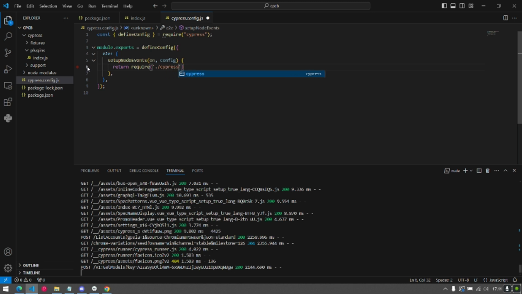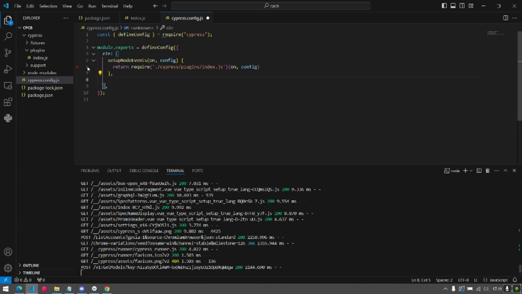I made the index.js before in plugins, so I will type the path: plugins/index.js.